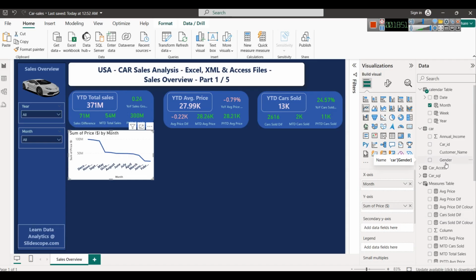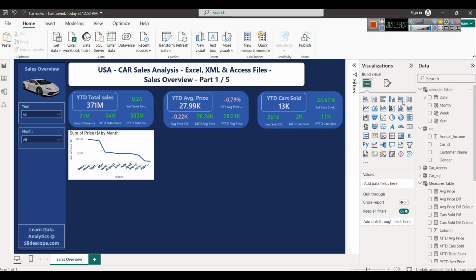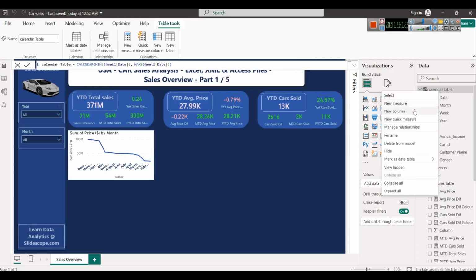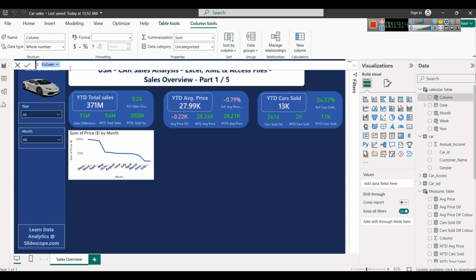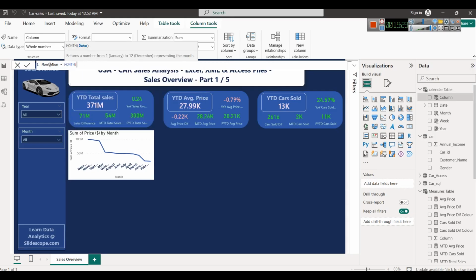Now obviously it is showing on the basis of monthly value. Like if the value is high, it is automatically sorting it in that order. So if you have to see month order, we can create a new column. By mistake I clicked a new measure, and that column can be called month number,